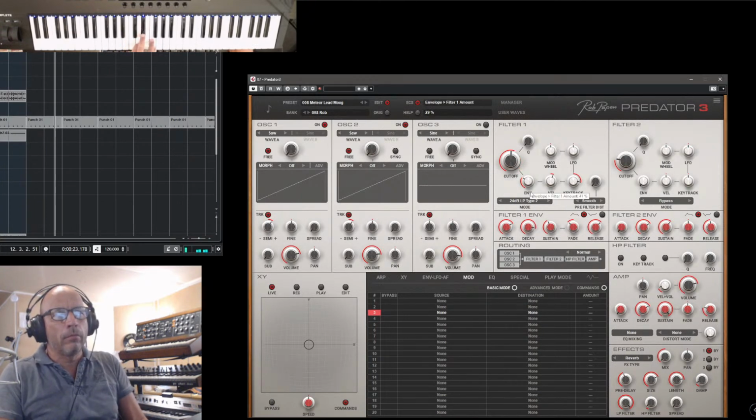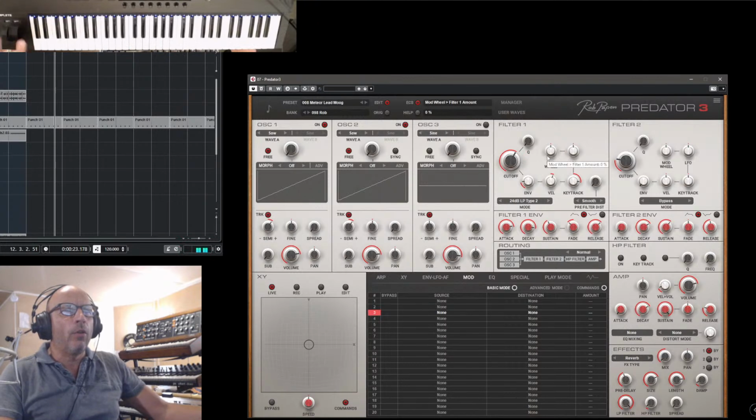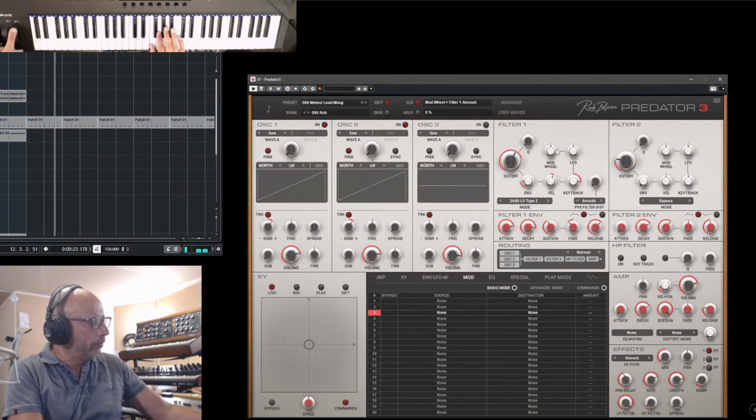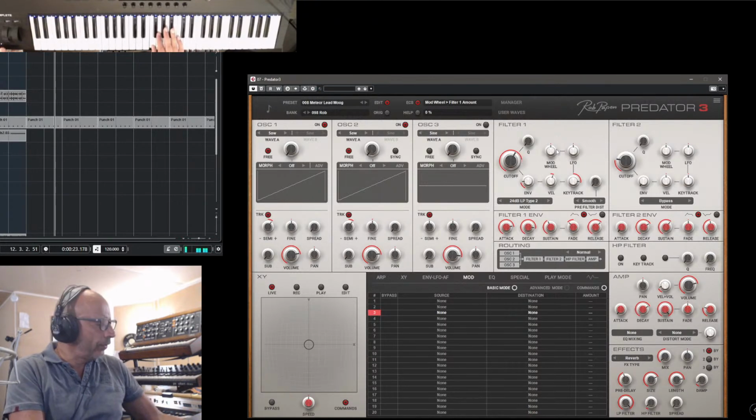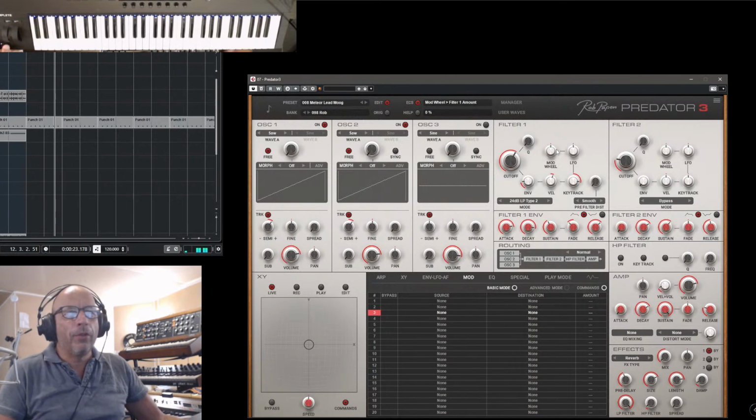Yeah. You can make it a bit minimal. And I also use the modulation wheel for the modulation matrix, LFO,